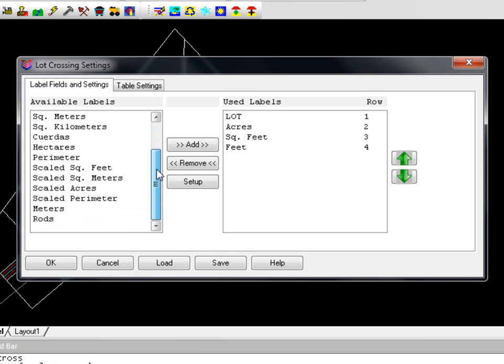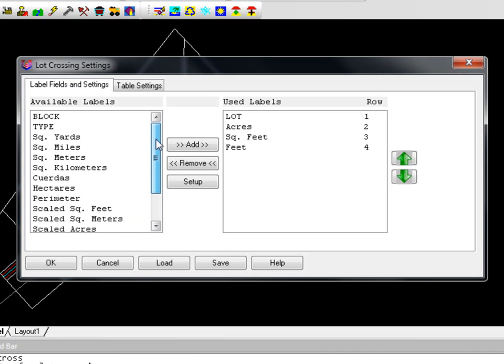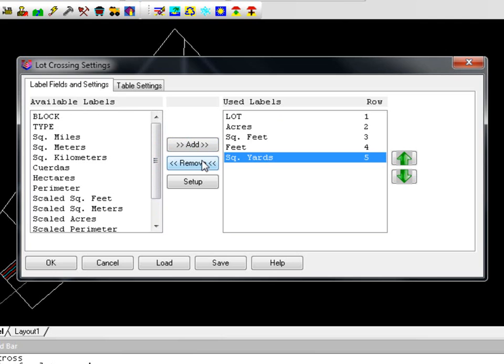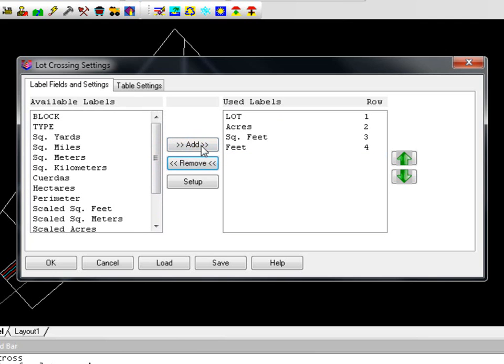Some are in metric, some are in imperial units, and we can select these and add them to the used labels or remove labels simply by clicking the buttons and highlighting the selected label that we want to either add or remove. You can also change the order of these by moving them up or down in the list here